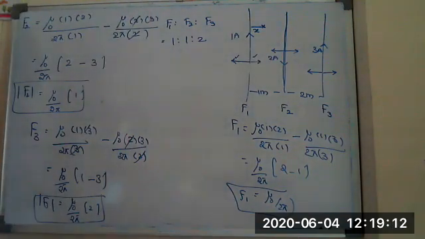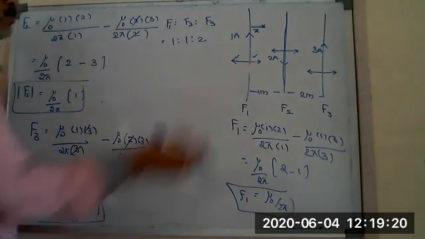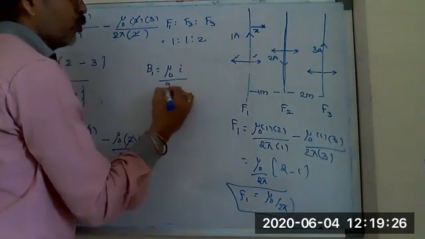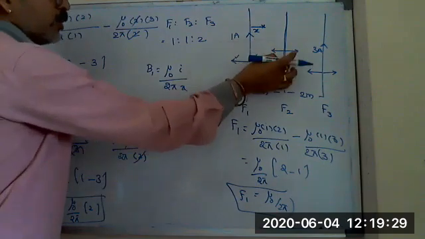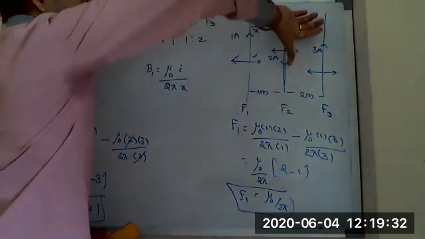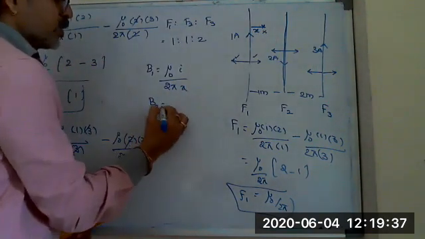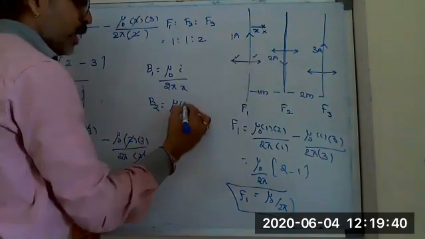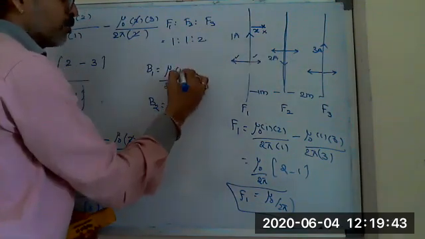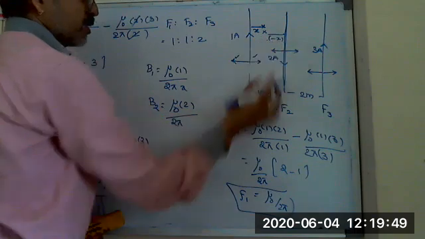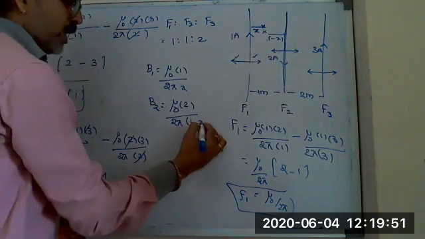Okay. That null point will be at what distance? It means we have to equate the three magnetic fields formed by the three conductors. Due to the first conductor, the magnetic field B1 is equal to mu naught I by 2 pi x. Due to the second conductor, which is downwards, that also gives into here. B2 is equal to mu naught I, where I is 1 ampere, by 2 pi into the distance between these two, which is 1 minus x.